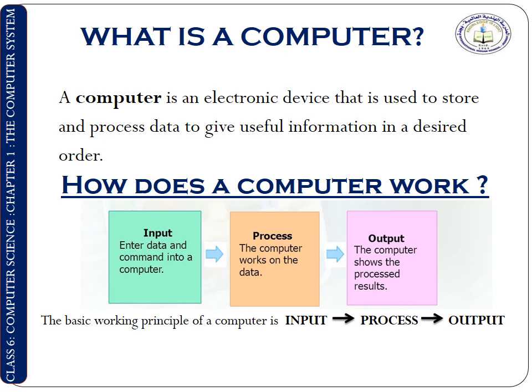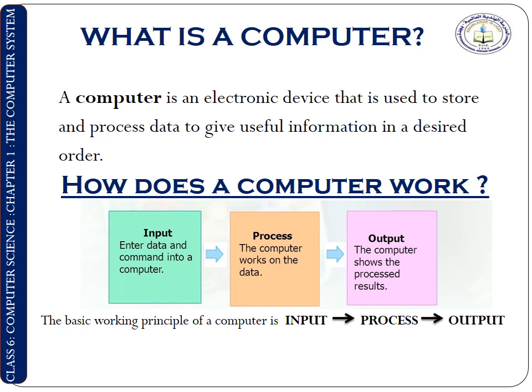We are using computers for different purposes. How does the computer do all these works? So let's understand how a computer works. We enter or input data and commands through input devices like keyboard and mouse. Computer memory stores it, the central processing unit processes it, and we get output or result through output devices like